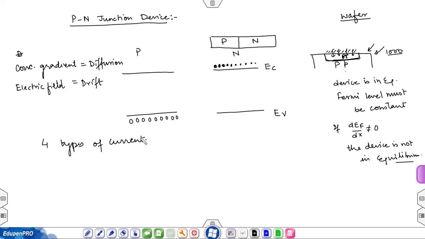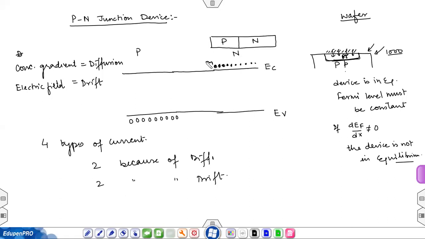4 types of current. कौन सी? 2 because of diffusion and 2 because of drift. How? Let me tell you. Okay. Number 1. As soon as you make the contact,